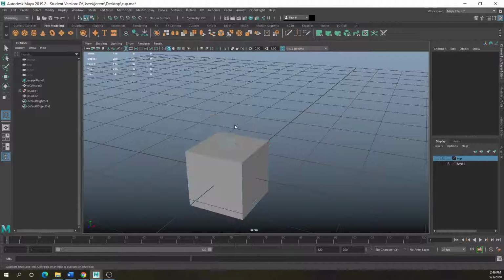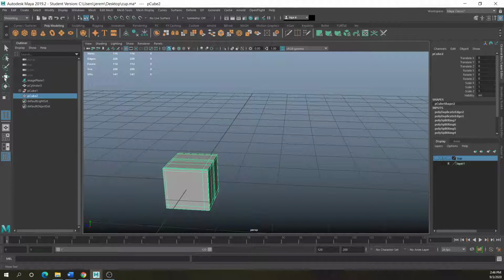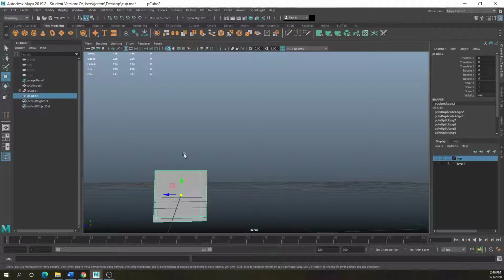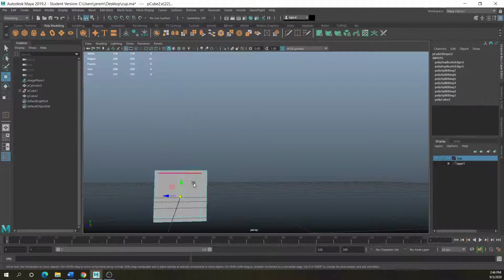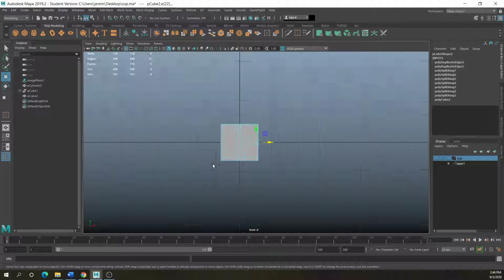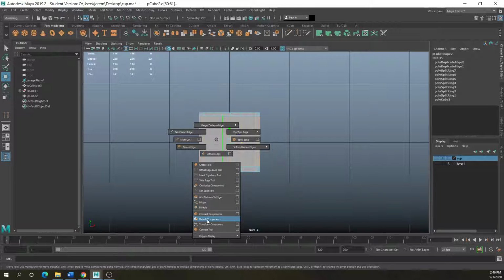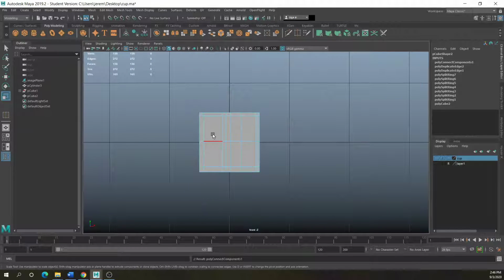There are other methods of creating divisions. You could go to edge mode, select all these, shift and right click, and connect components. That creates one directly in the middle, and you can slide up and down.